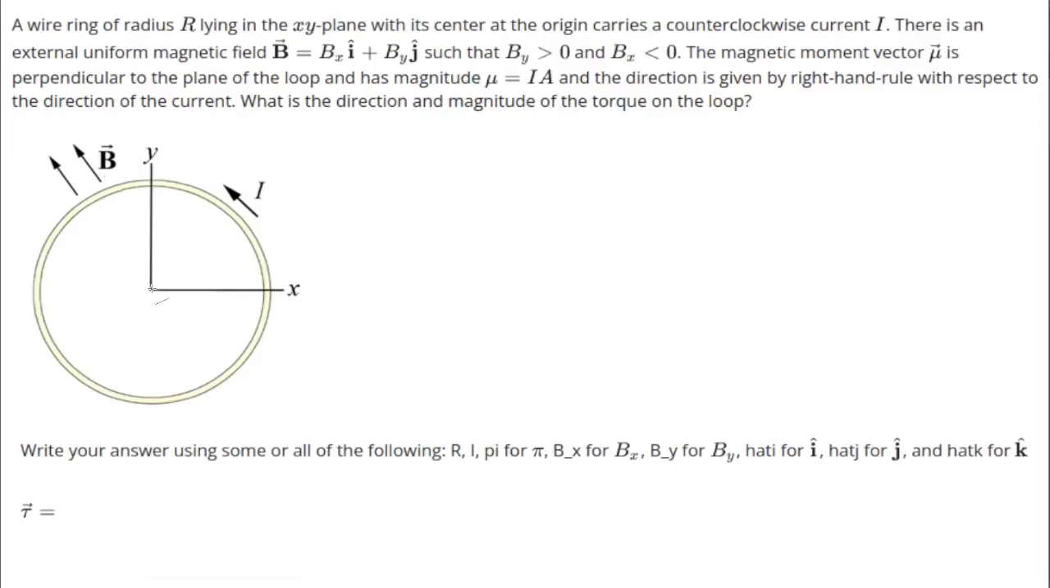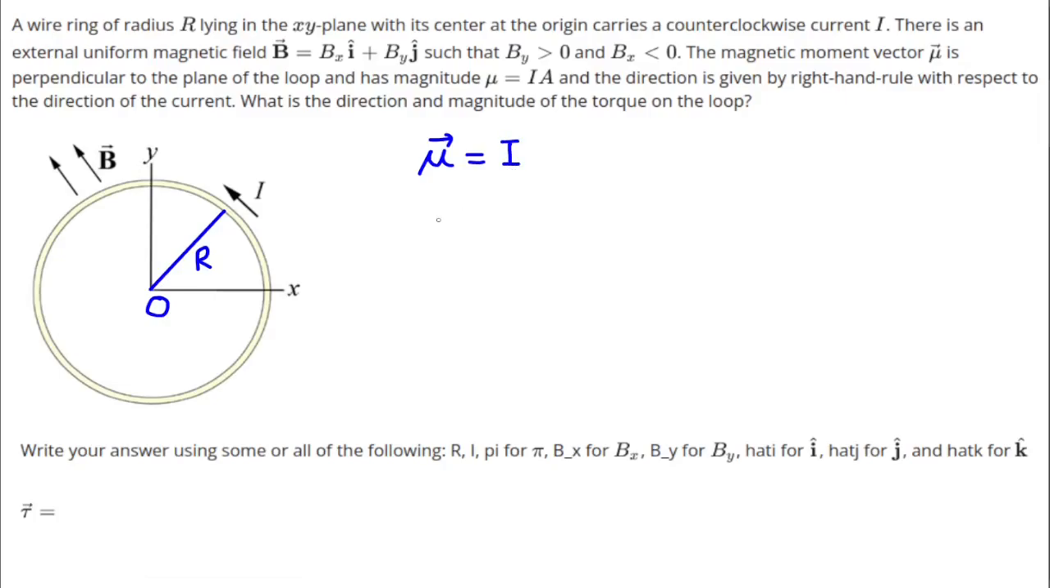A wire ring of radius r, lying in the xy plane, with its center at the origin, carries a counterclockwise current, and there is an external uniform magnetic field that points in a minus x and positive y direction, and the magnetic moment vector, being mu, is perpendicular to the plane of the loop and has a magnitude of the